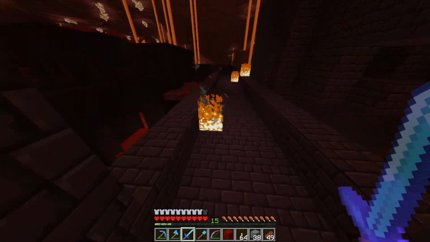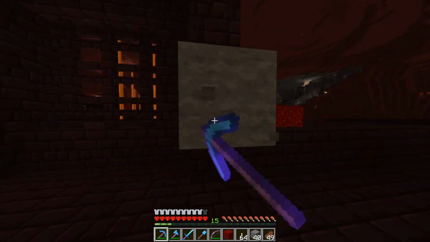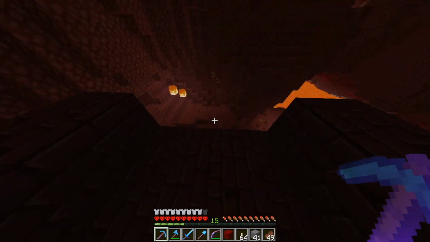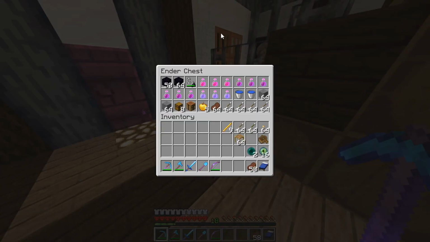So now it's time to prep up all of the things that we are going to need. Of course, we are going to brew some potions, like I said. We are also going to need an ender chest. But anyhow, let's do those things and I'll be back. And now I guess we're ready. So basically, we have already gathered all of the stuff that we are going to need for this adventure,